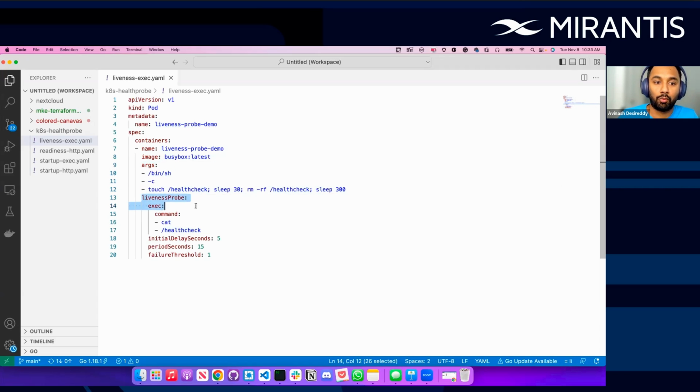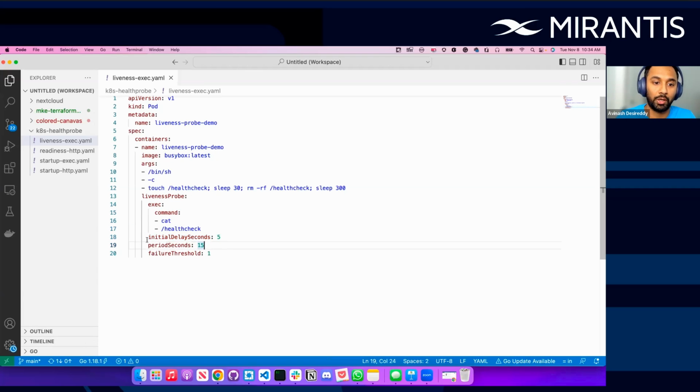with the liveness probe. What the liveness probe does is it verifies if the file exists or not, and if the file exists, then the liveness probe is successful. That means our application is healthy, and everything is operational. What if the file does not exist? That means the application is not healthy. There is some problem with the application, even though the container seems to be running. The initial check will be done after 5 seconds of the container launch, and then this check will be done periodically every 15 seconds. So let's